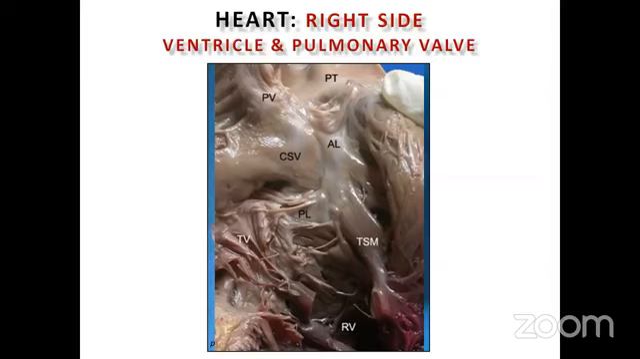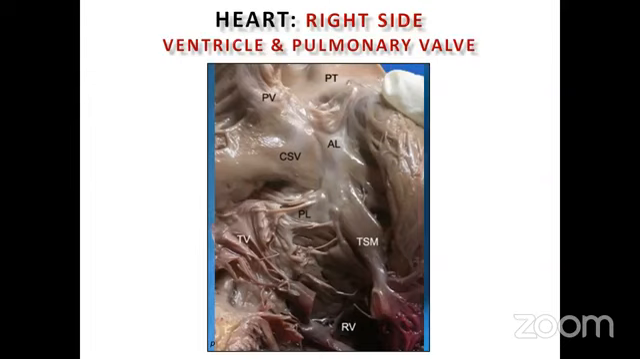Now you can also see that towards the posterior portion, this septal band divides into two limbs, the anterior limb and the posterior limb. The posterior limb extends towards the tricuspid annulus, and the anterior limb extends towards the pulmonary annulus. And between the anterior and the posterior limb is another muscle band which is called the crista